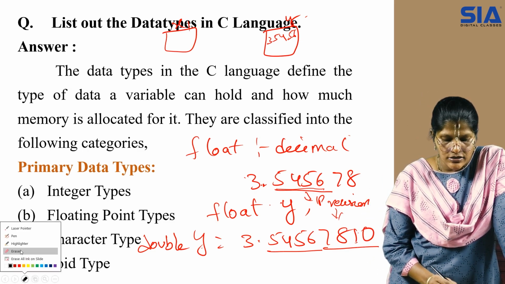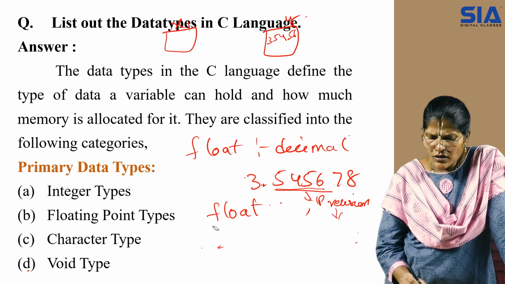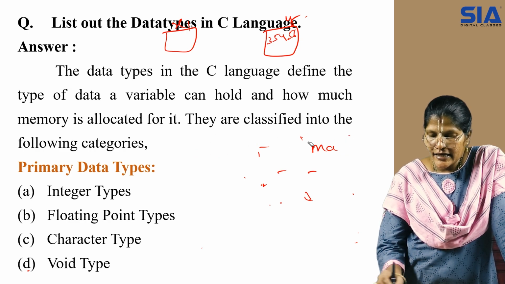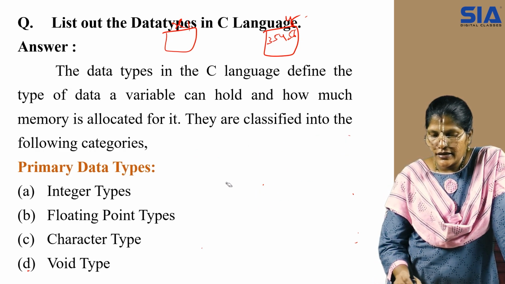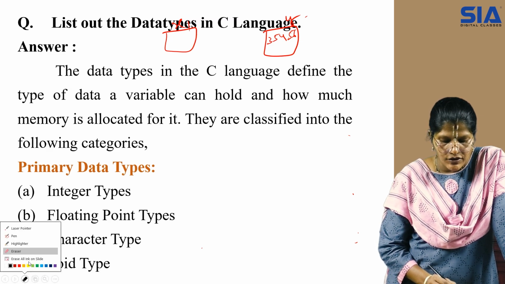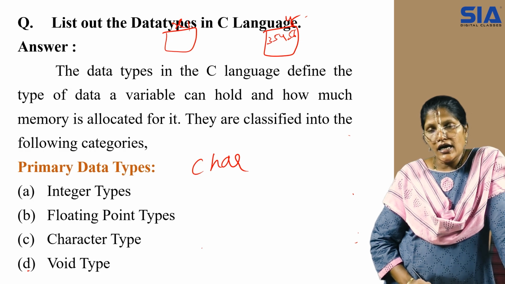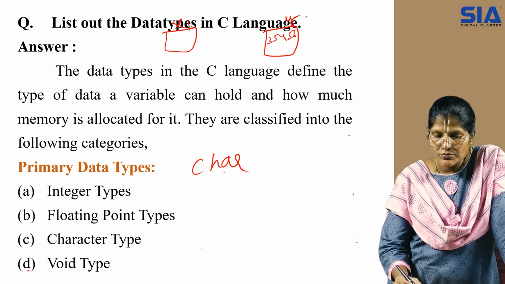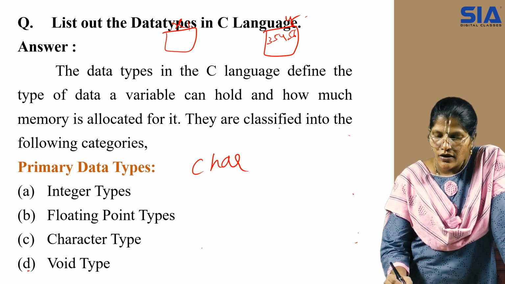Next we have to talk about character. A character is a data type that can take any of the characters from the keyboard. Whenever you are taking a character, we have to use a keyword called CHAR. Once CHAR is declared to the compiler, it will assume that what follows is a character data type. A character data type will occupy 1 byte of memory.